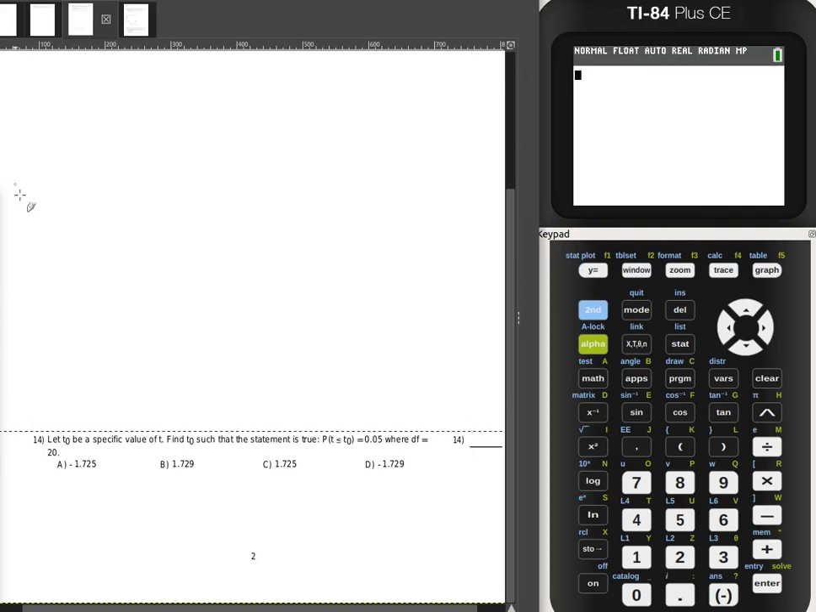Hello everyone, this is a solution for number 14 on the test 3 review, and it's a little bit of an unusual question. I hope that it's not a curveball for you guys, but we're going to actually be using a table on this one. Let's just understand though what it's talking about first of all. It says let t0 be a specific value of t, and t, what it's talking about is that thing that